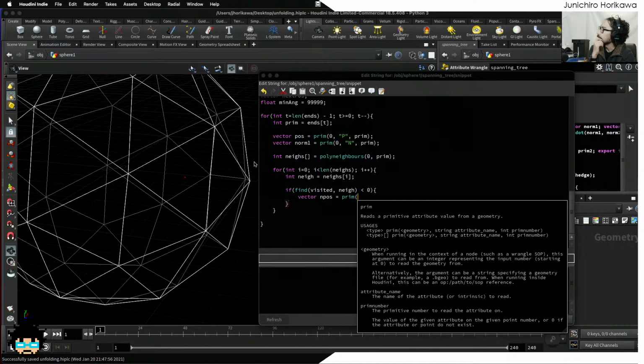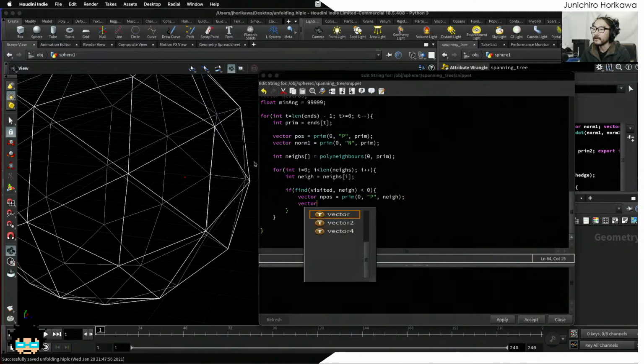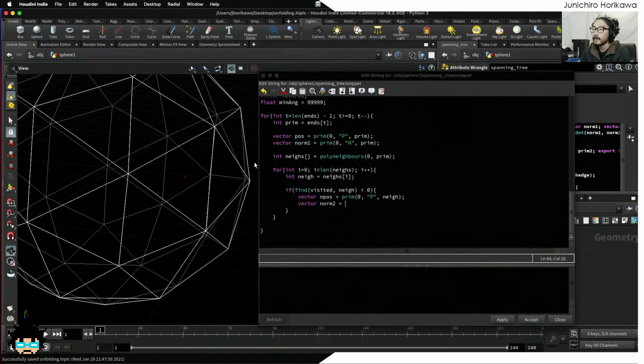I guess I do in order to add the point. Yeah. So prim 0 p neighbor, and also the normal. So I'm gonna name this normal norm2, prim 0 n neighbor. Okay. Now, at this point I can calculate the angle